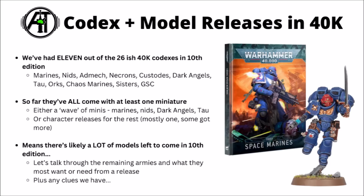The Custodians got their Shield Captain, and the Admech got their Stilt Sniper, though occasionally a few factions have got more than one character release, such as Necrons and Chaos. That seems to be the general pattern of more normal Warhammer 40k releases, with things like Kill Team sprinkled in on top, but it does mean it's kind of intriguing thinking about what's going to come for the rest of